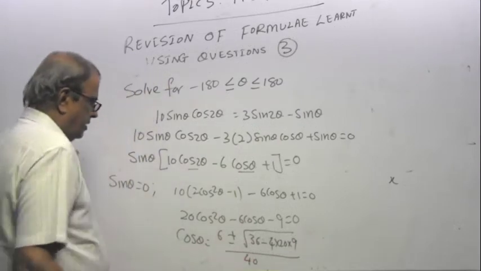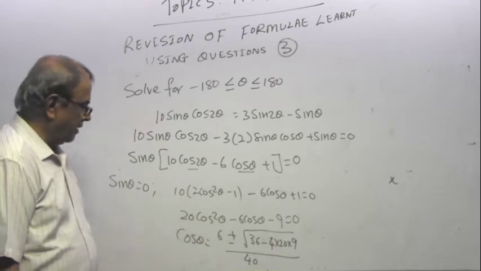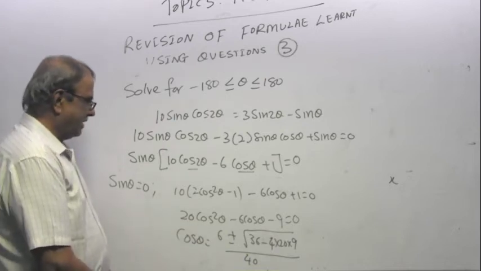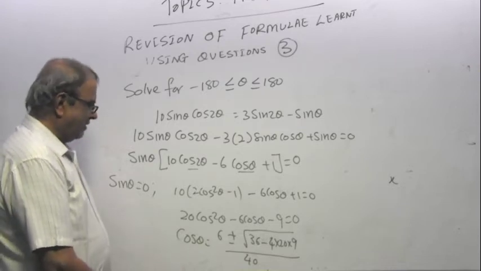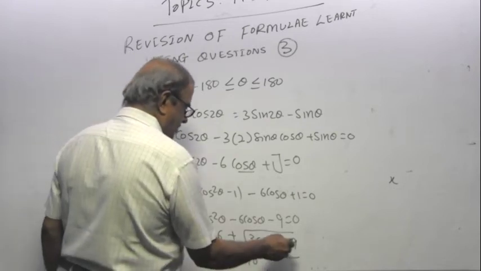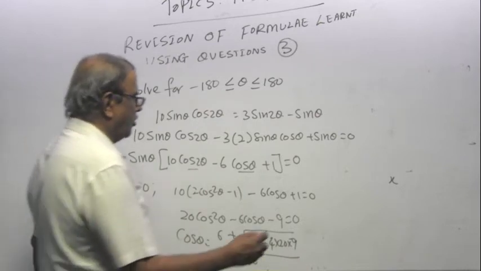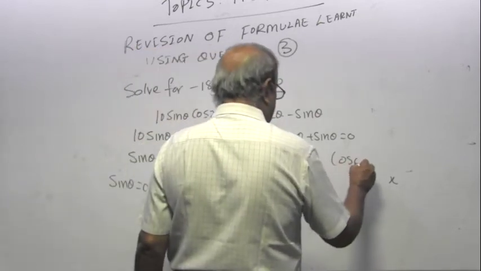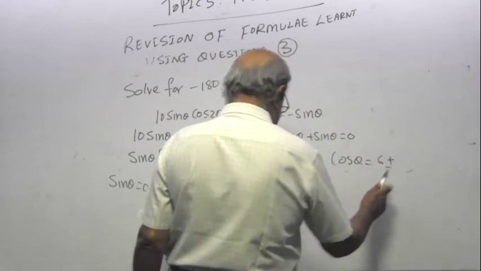If I am completely correct, I don't have to quote the formula. But if I have gone wrong, boom, then I will lose all the marks. So quote the formula. A is 20, B is minus 6, C is minus 9. You see, I would have lost the mark because I forgot to write a minus 9. Very good. So cos theta equal to 6 plus minus